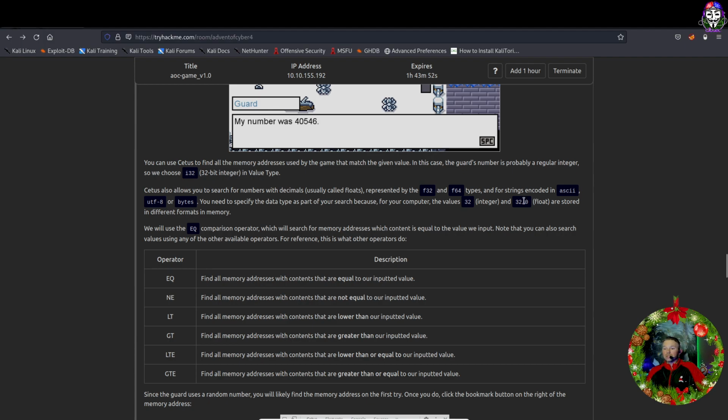Strings are encoded in ASCII, UTF-8, or bytes. You need to specify the data type as part of your search. For your computer, 32-bit integers and 32-bit floats are stored differently. Alright. We will use the EQ comparison operator, which will search the memory addresses whose content